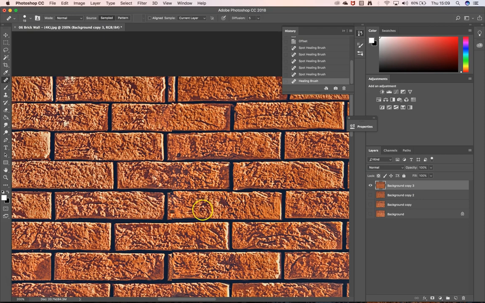Now the issue with that, of course, was when I sampled that, I sampled an area that also took a little bit of this dark shaded area with it. So we've got this weird dark shaded area and this bit. So again, I'll undo that. I need to be very careful about the way I'm using this tool. I'm going to use it based on taking that black area there and then dragging that across. Then I'll take maybe part of this brickwork here and then I'll pull down there, to be careful that I don't end up